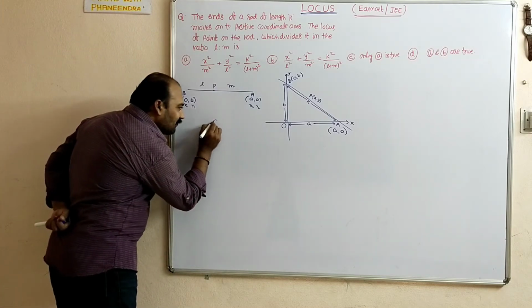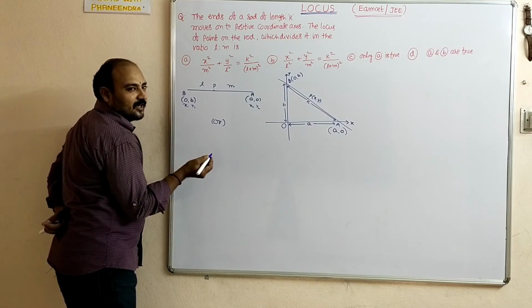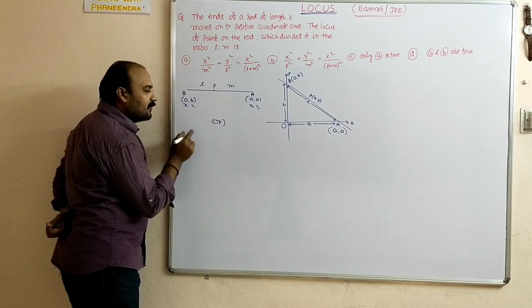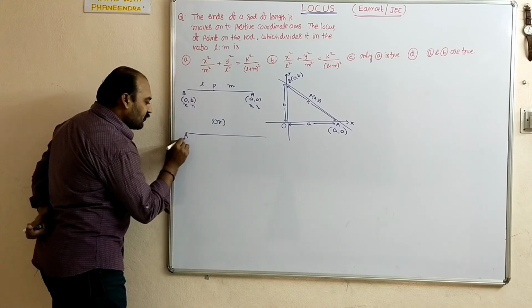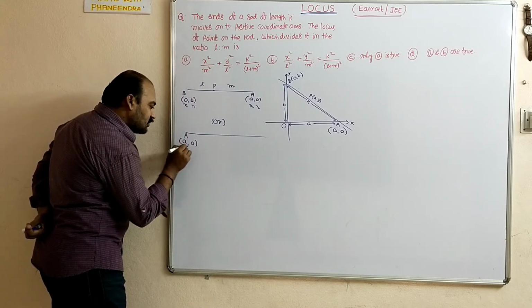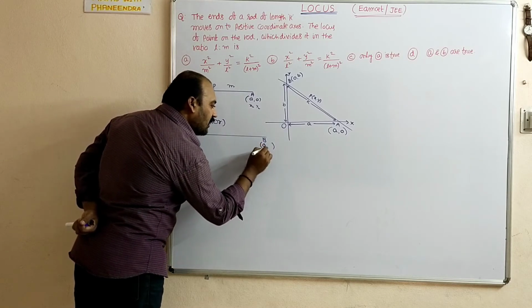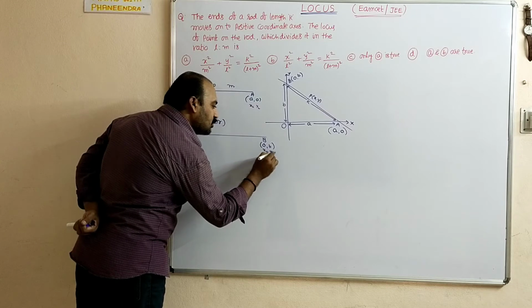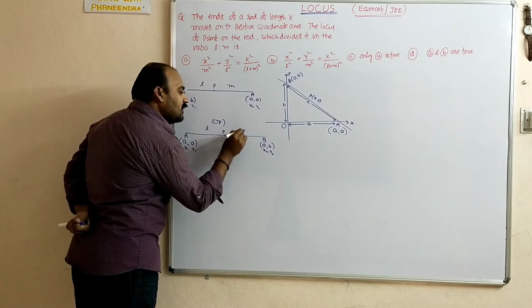Or another possibility is also there. Generally what we will think, A point will be first, no? Like this also will be the possibility. A of A comma 0, this we can take as x1 y1. B of 0 comma B, this we can take as x2 y2. This point P divides in the ratio of L is to M.